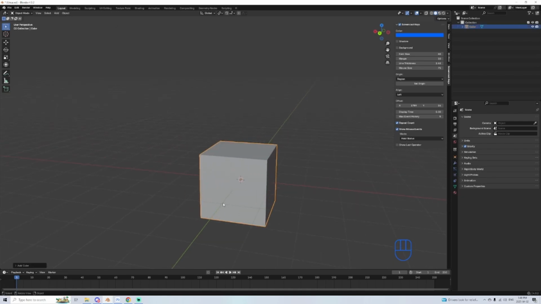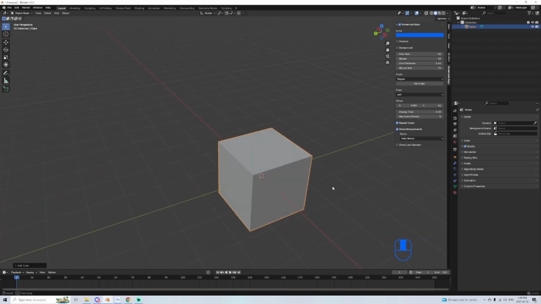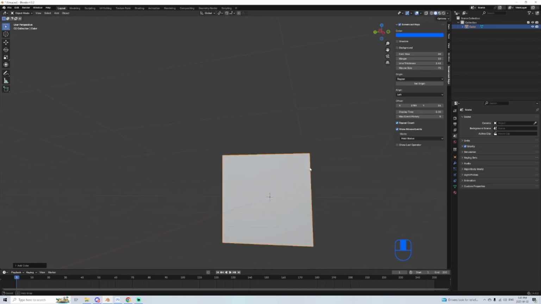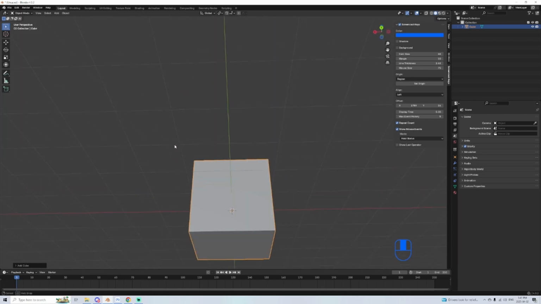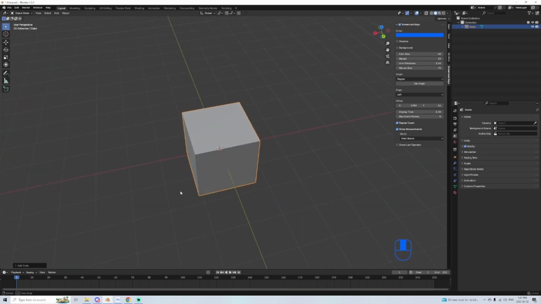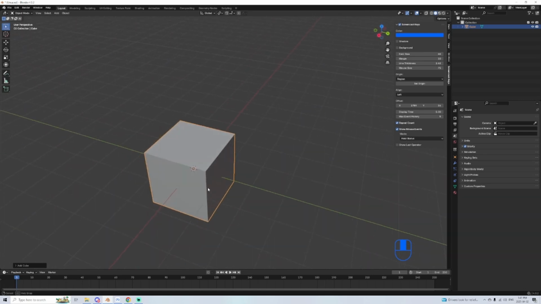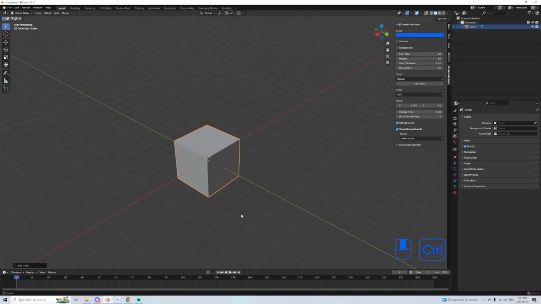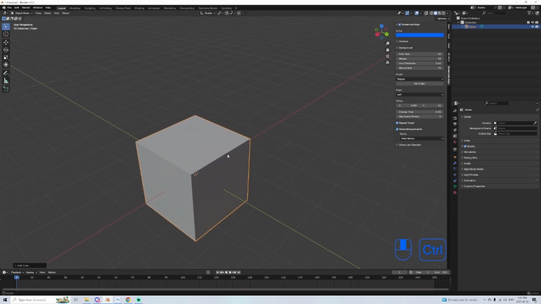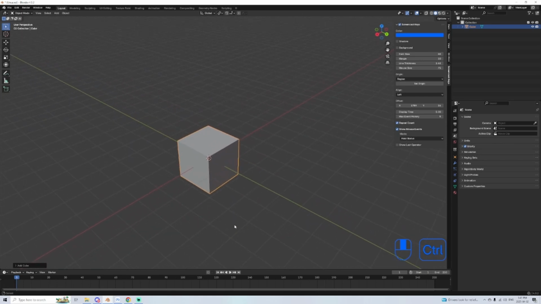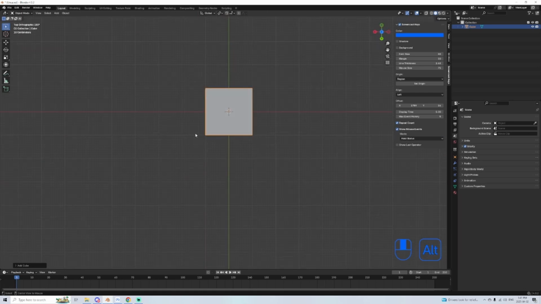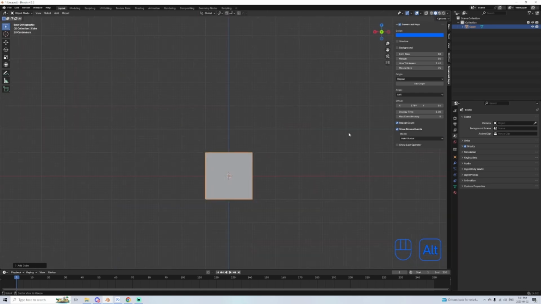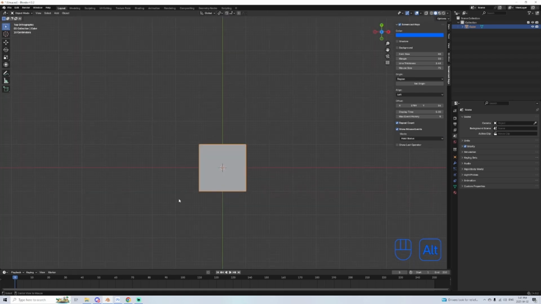First thing you want to learn how to do is rotate around this thing in all directions by holding the middle mouse button. You can do cool things like this. And then if you hold control and use the mouse button, you can zoom in and out. If you hold the alt key and use the middle mouse button, you can snap like this. Snap to the left, right, up, down,